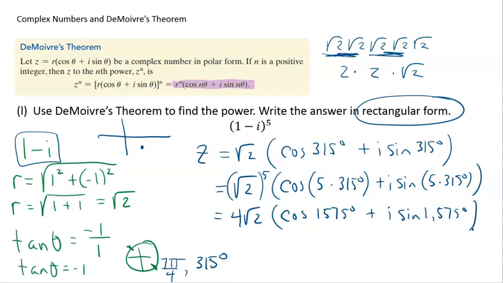That's not rectangular form. What am I going to do to find rectangular form? Well, I'm going to type all this in my calculator, and I'm going to make sure I'm in what mode? Yes, degree mode. You can't be in radians to do this because we decided to do it in degrees because we thought that might be a little bit easier. So first check that, and I'm in radian mode, left over from another problem. I've changed it to degrees, and now I'm going to type in 4 times the square root of 2 times the cosine of